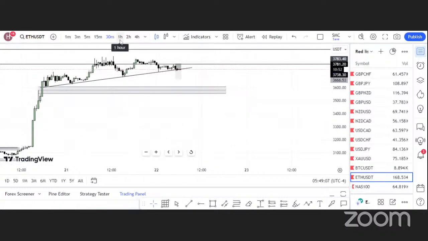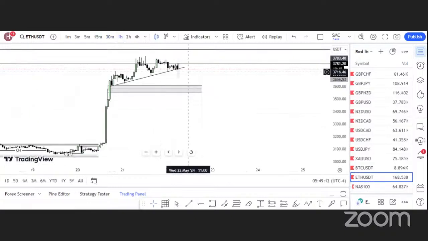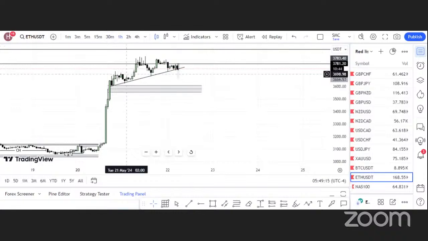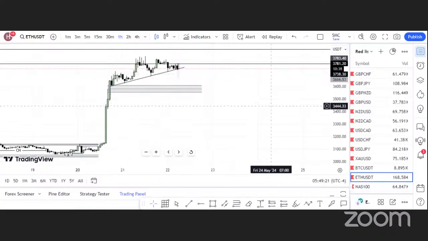So what I'll do is I'd love to see the 1 hour candle close below instead, and we have about 10 minutes and a few seconds to the end of the candle. So guys, we'll just wait till the end of the candle to see if there's going to be a close below the trend line. So once we get a close below the trend line, then we can consider selling this instrument, right?